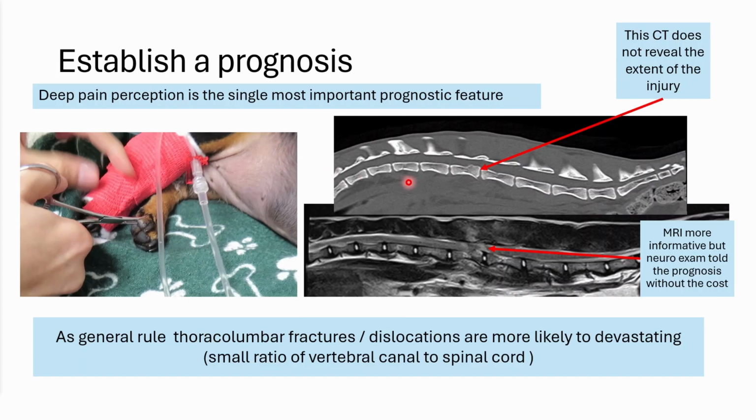Taking radiographs and CTs doesn't necessarily indicate the prognosis. And that's because the spinal column can be very, very elastic. So you can essentially have a complete dislocation, especially in a cat, that can go out and then pop back in again. And this CT here suggests a fracture through the vertebral body here at around about L3,